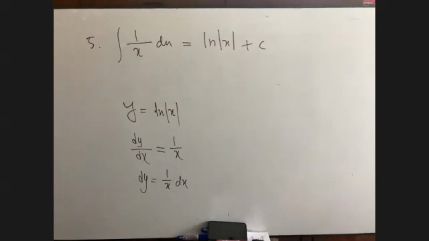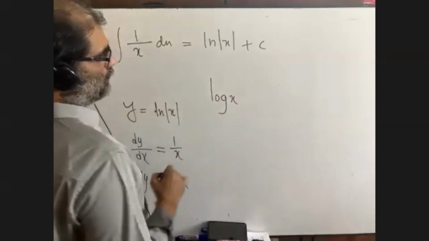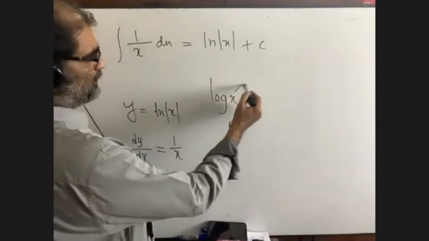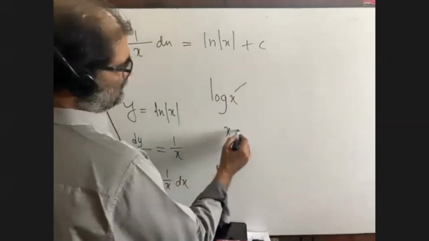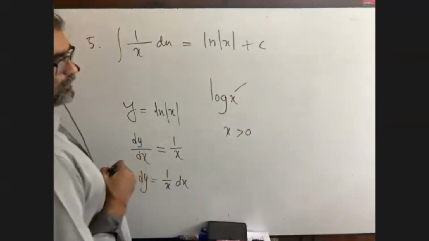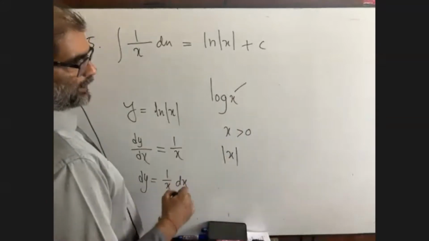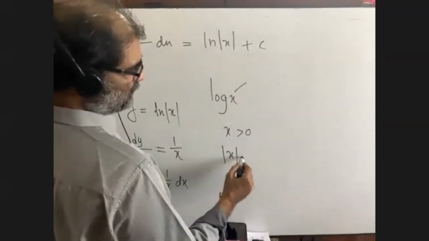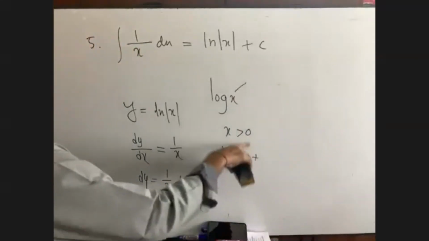Why is the modulus given here? Okay. You have known it from class 9, and one day I also told you what is meant by this. What is the condition on x? That x is greater than 0, right? So what is meant by this? You know the meaning of this? It is always positive. Yes, sir. Okay, greater than 0 means always positive.